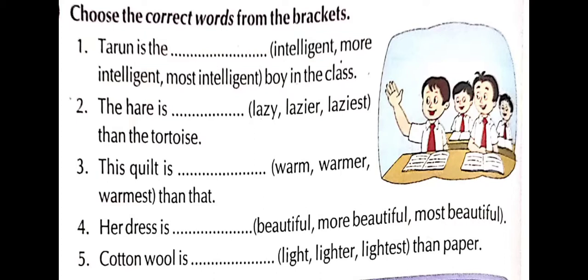Number 4. Her dress is dash. So in this sentence, we're not comparing the dress with anything. So we're going to write beautiful. Cotton wool is dash than paper. This sentence talks about more than one comparison, so we're going to write lighter. Cotton wool is lighter than paper,